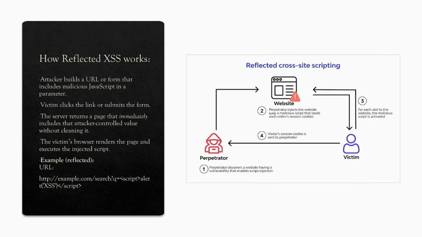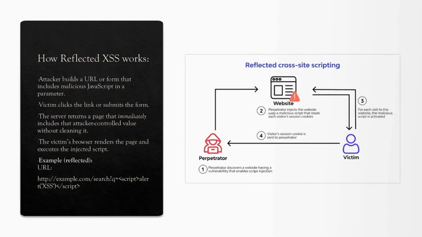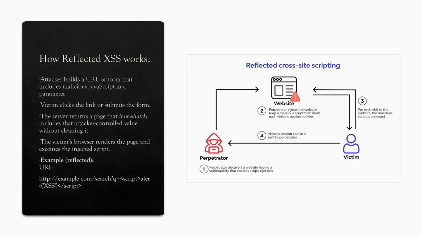So how reflected XSS works is, the attacker builds a URL or form that includes malicious JavaScript in a parameter. A URL or form is created which contains these tiny pieces of malicious JavaScript. They then trick the user into clicking these forms or links somehow. So when the user opens this link or clicks the form, the web server immediately builds